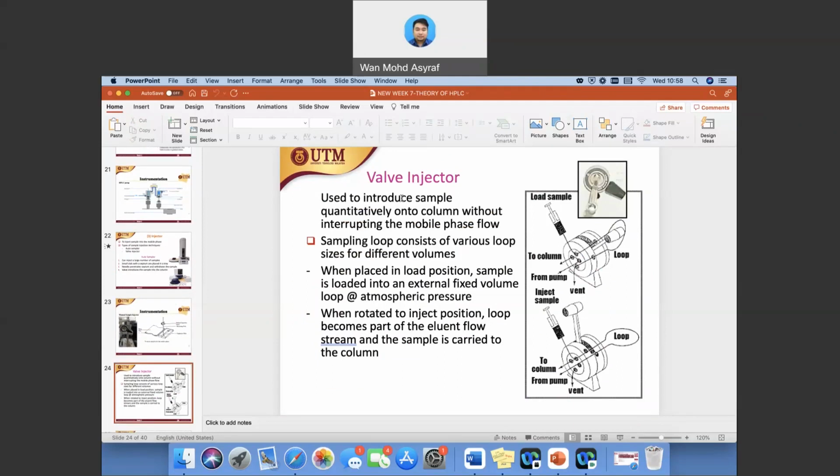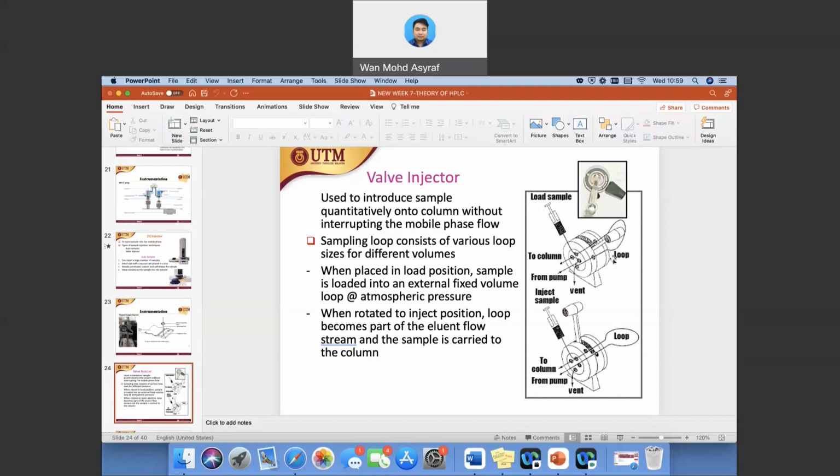Okay, so you introduce a sample onto the column, and the sampling loop would consist of several sizes of different volumes. For example, some loops will have 20 microliter, some loops will have 30 microliter. It depends on the loop. So you put your sample in, and then your sample would remain inside the loop. Okay, and then when you turn it to the other side,